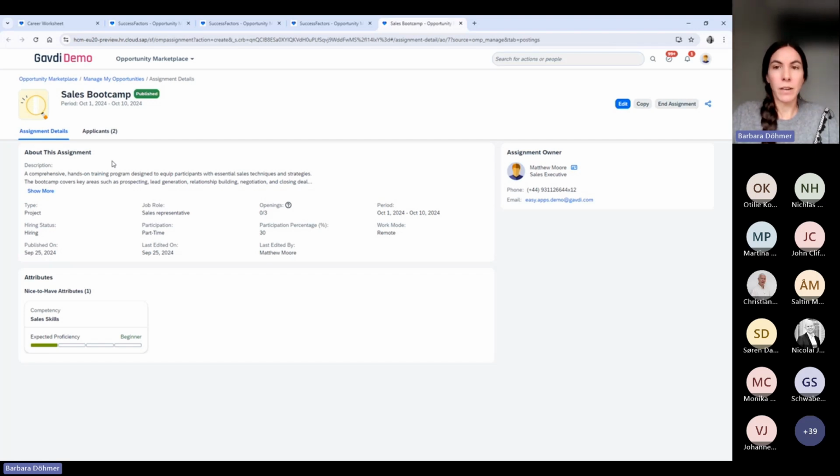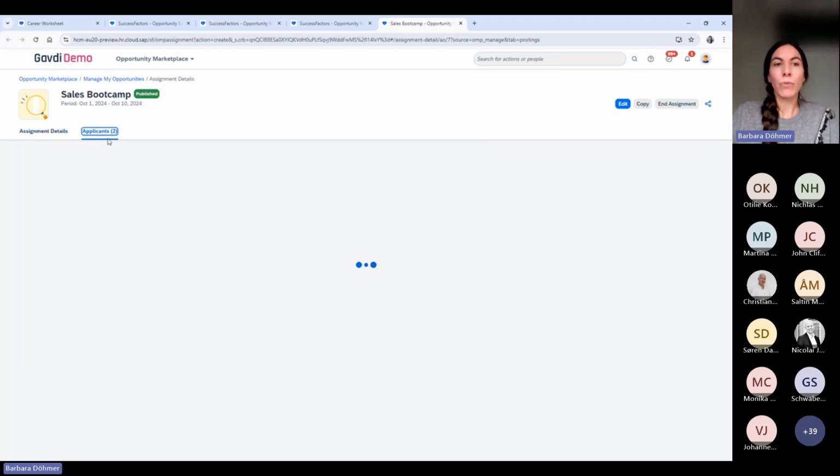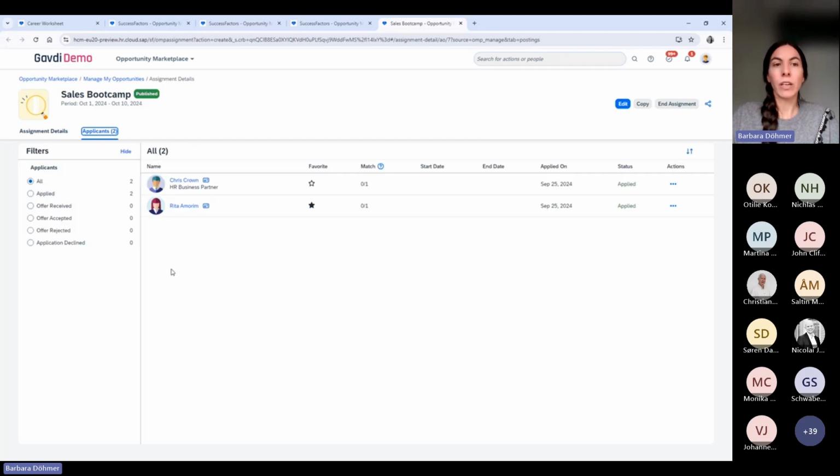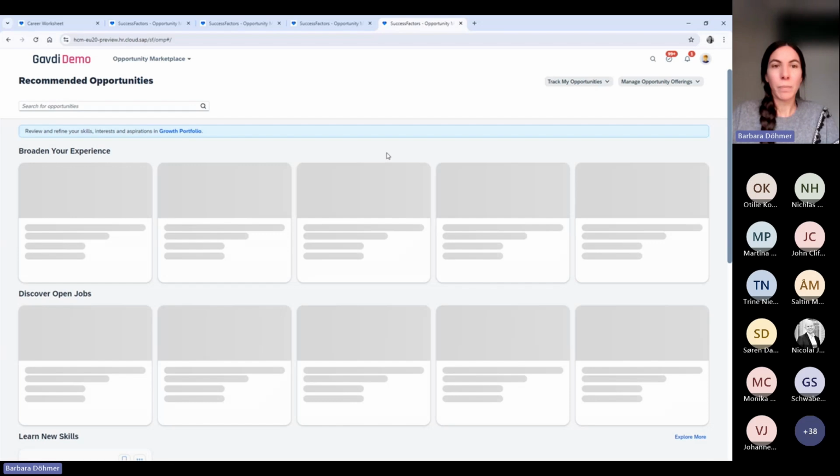Because he's the owner of this assignment, he will get the applications and be in a position to review them and decide whether he would like to accept these applications, or perhaps not at this moment, because there are still skills to develop in order to be able to participate in this assignment. Good. Let me just go back to the main page.